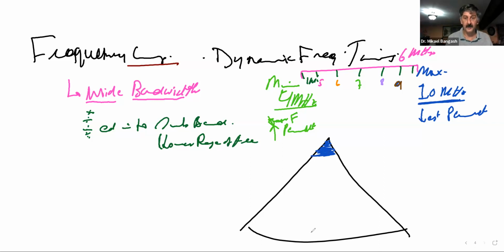Whereas deeper than that is going to be made by the 9 megahertz frequency, which is there in the bandwidth of the transducer. So we can say this was by the 10 megahertz, followed by the 9 megahertz, followed by the